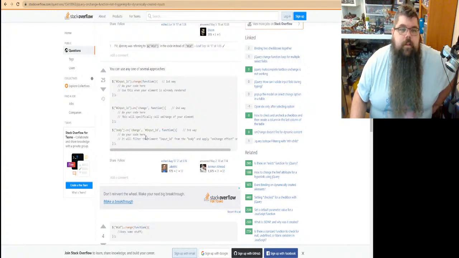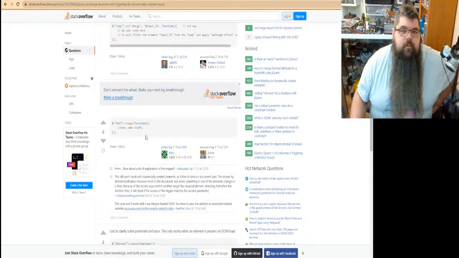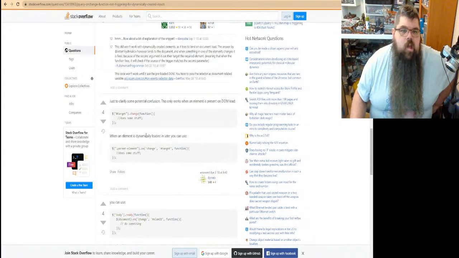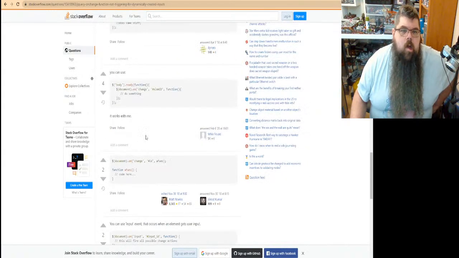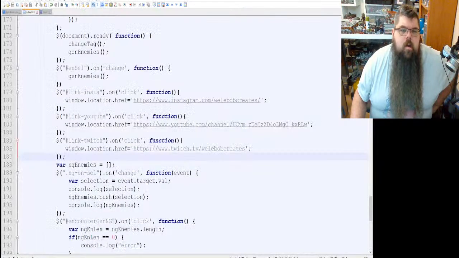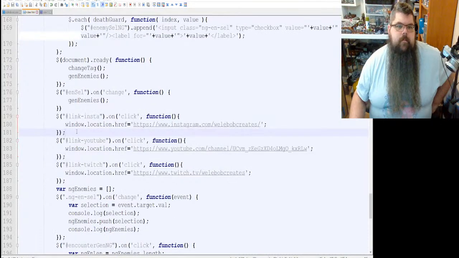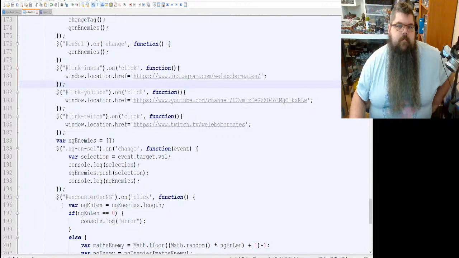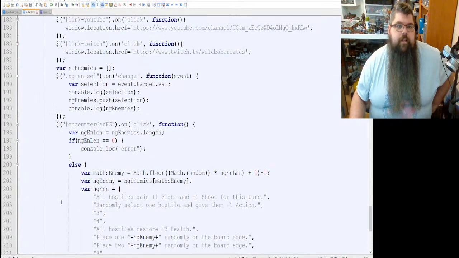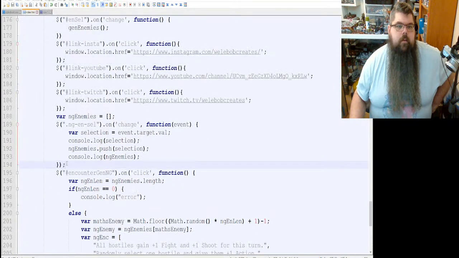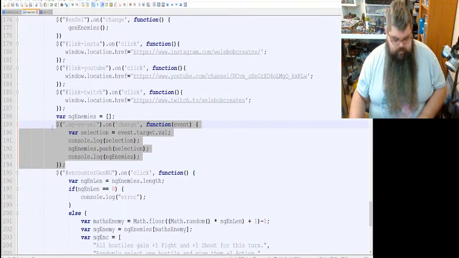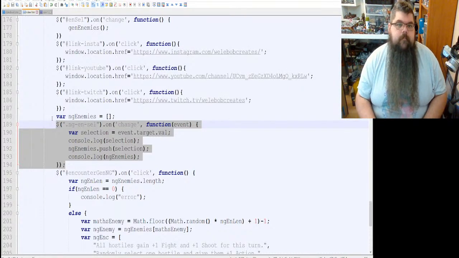Well, they're correct for what they're doing, but it's not what I want to do. Oh, maybe I need to wrap it inside of document ready because it's a change function, maybe? So it needs to have that listener. Ah, fuck it, we can try it. Why not? We'll give that a last ditch try.